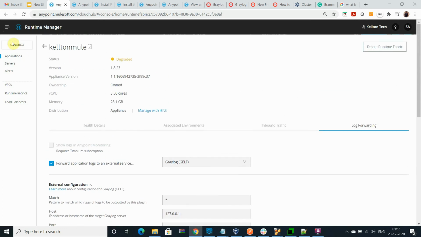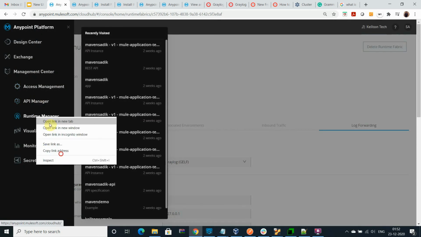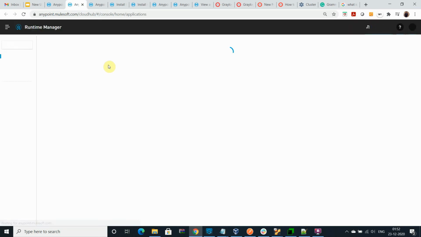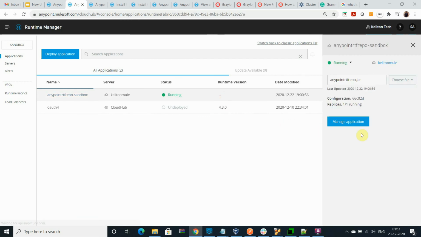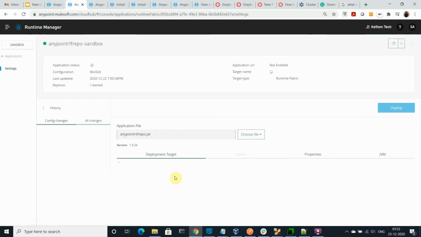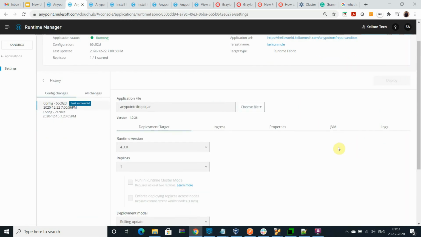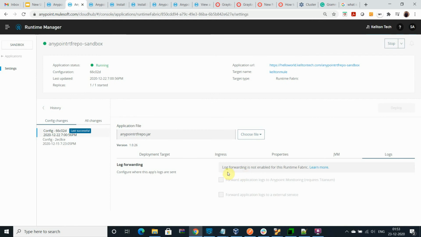You can go to the application in Runtime Manager and see, although we do not have anything there to enable or disable, right? But you can see that log forwarding is not enabled on this Runtime Fabric. You can enable and disable it based on the configuration over here.